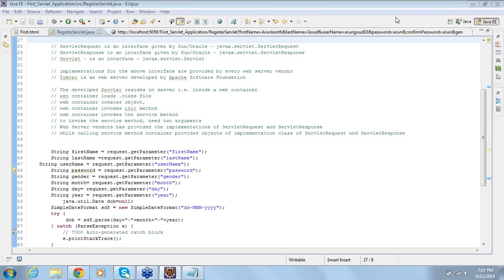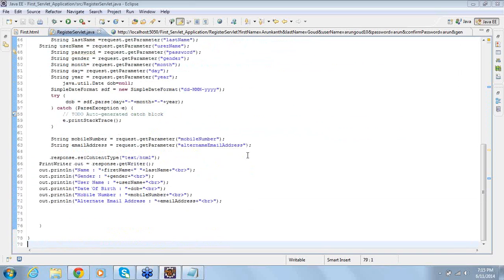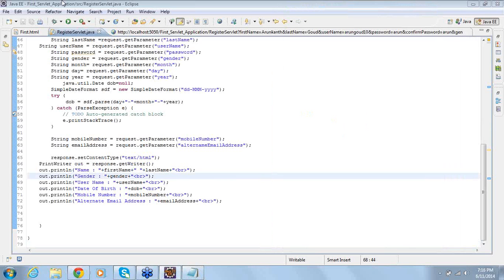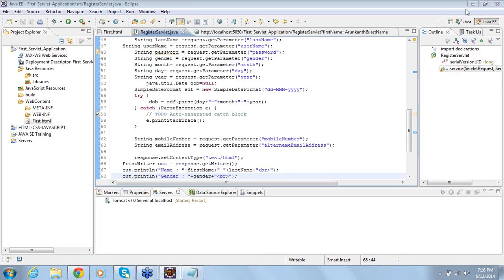Yeah, I had a question about the .class files. It's actually when you were telling about how the web container locates the registered HTML. You mentioned that it reads the .class file. So this .class file is actually the servlet class file. Yes. Okay. So if you remember, on the day when I discussed annotation,